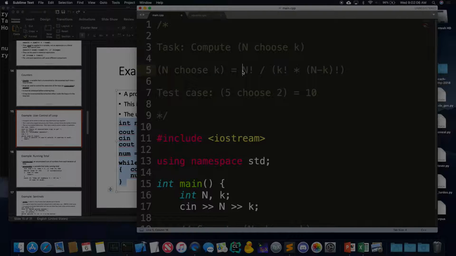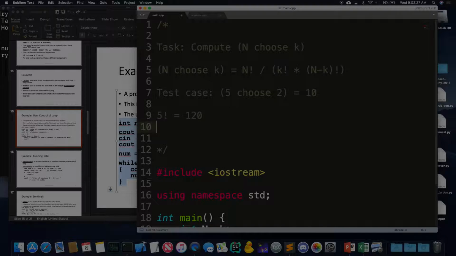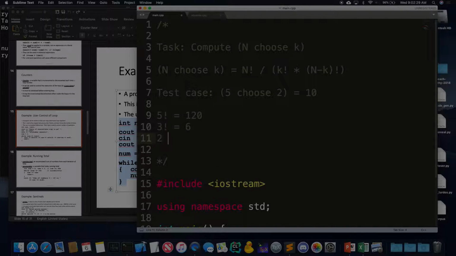And a handy way of looking at this is n factorial divided by k factorial, and then divide again by n minus k factorial. So it's easier to look at it that way. So if I did 5 choose 2, for example, then 5 factorial, I'll tell you right now, is 120. 3 factorial is 6. 2 factorial is 2. So if we plug this into our formula up here, 5 factorial is 120 divided by 3